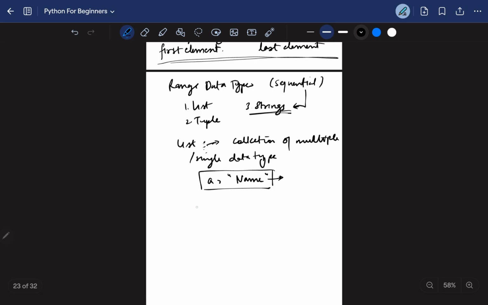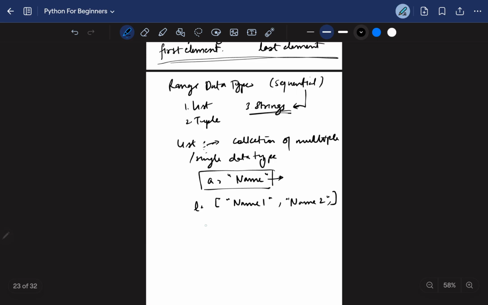But in the list, we can use multiple values. So it is more of an array, like we can say array, but instead of being homogeneous,